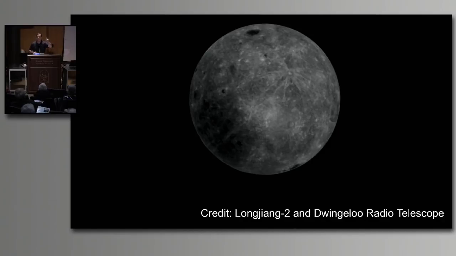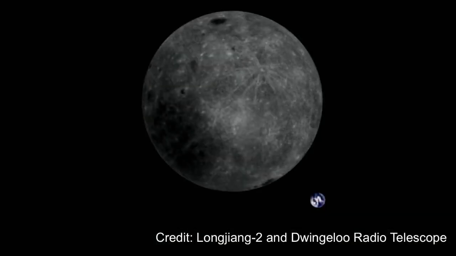However, it's a really cooler picture than you might think it is because 6 billion people photobombed this image. I covered it up and now I reveal, there it is. They got a picture of the full moon showing the far side and Earth in the background. So this is kind of cool.